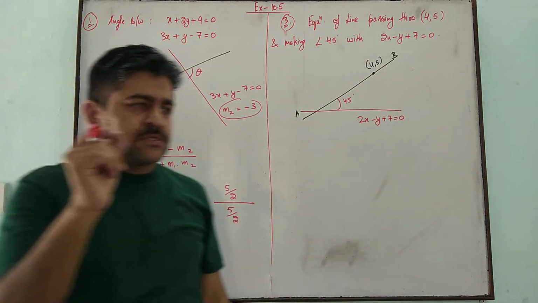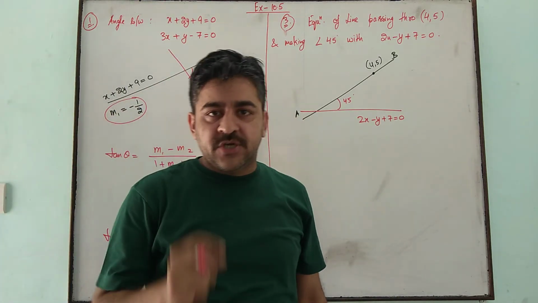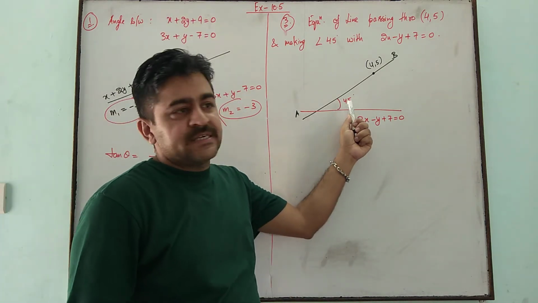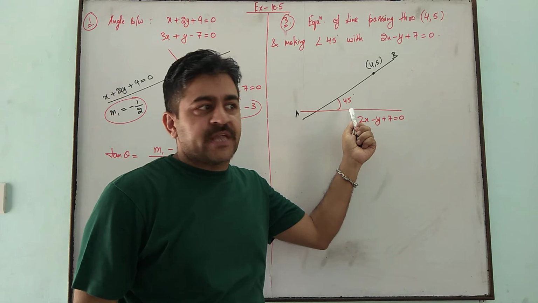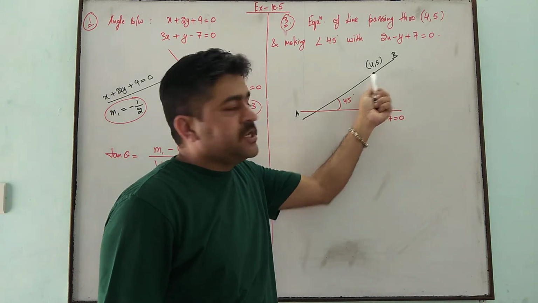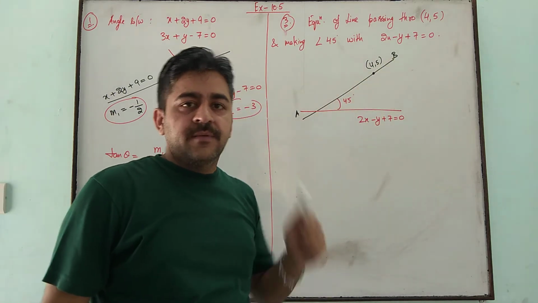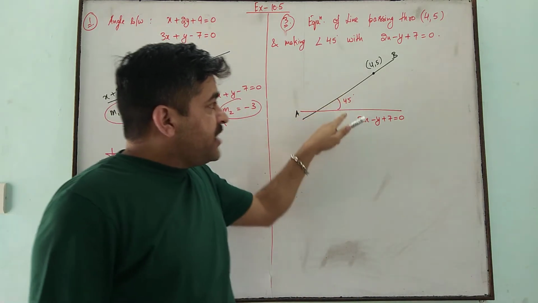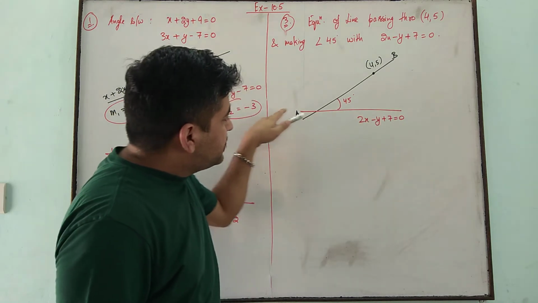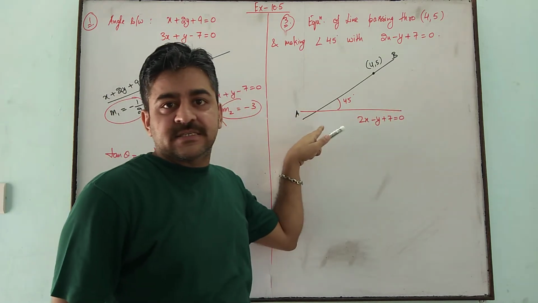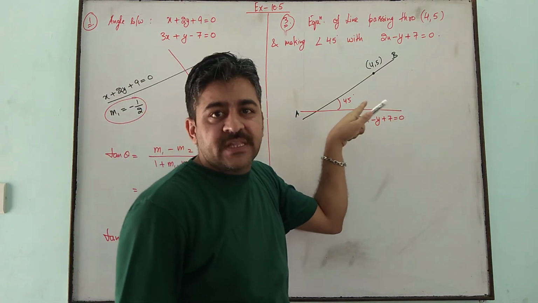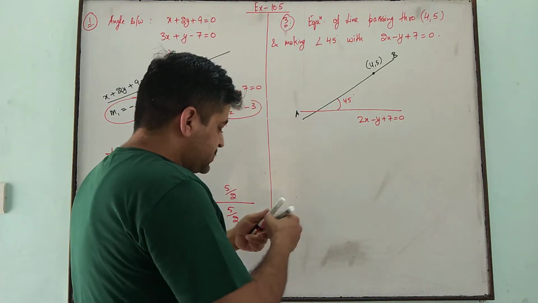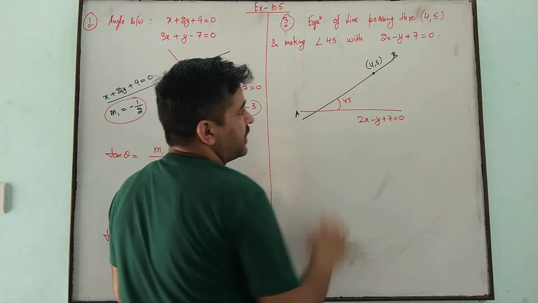Now, a general mistake we make here is, if an angle is given, we consider tan 45 as its slope, that is 1, and since the point is given, use the one point form to write the equation. But this is a blunder. Tan 45 we can consider only when the given line is the x-axis. Angle of inclination is with the x-axis, not with any other line. So here the angle is with another line.